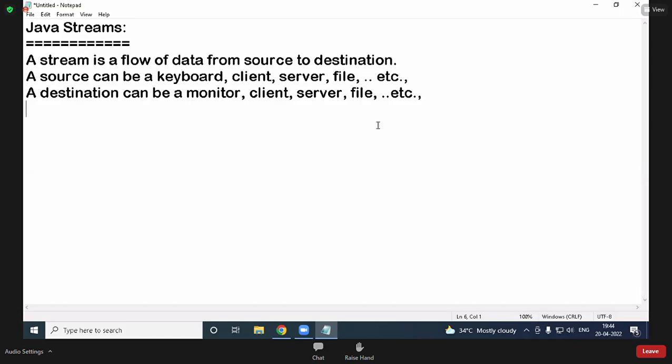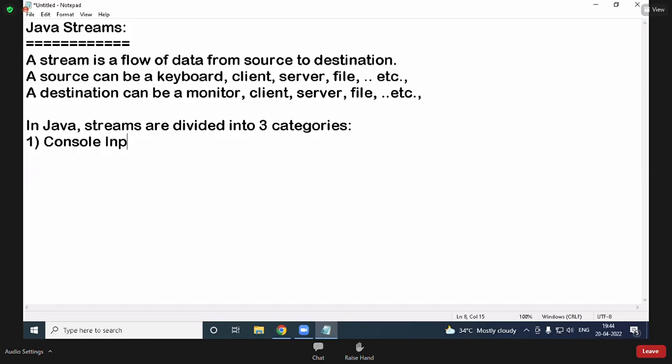Now these streams, write it in Java. Streams are divided into 3 categories. First one, console input output streams. Second one, file input output streams.